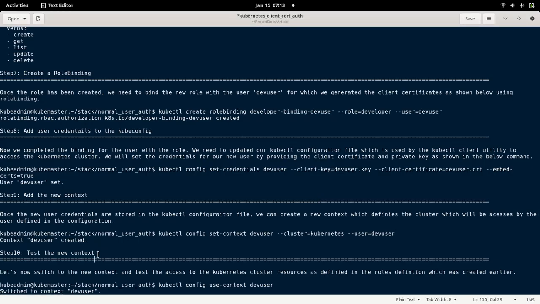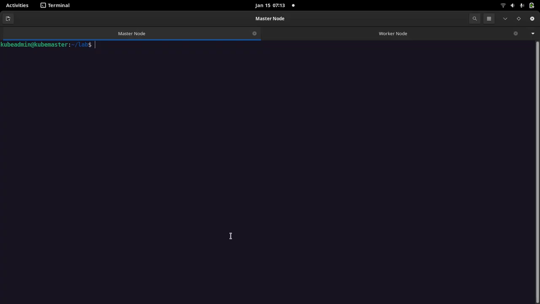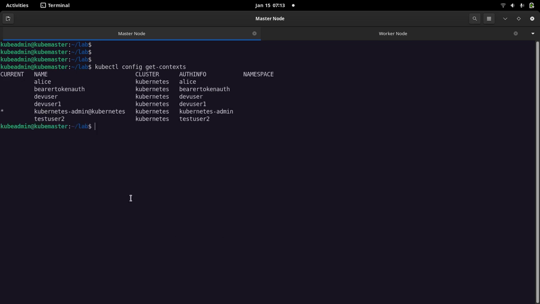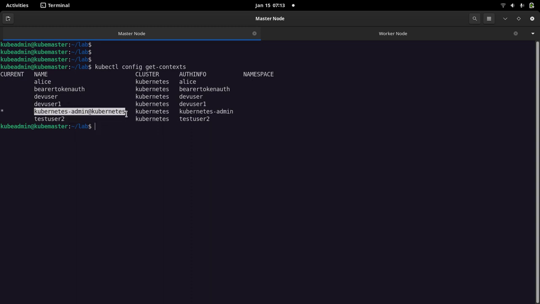Okay, now we have our context ready, that is dev user1, but let us see which context we are currently in. Get context. So you can see currently I am on Kubernetes admin at Kubernetes, which is the admin cluster. But I need to switch to dev user1 context. So before that, let us try to get